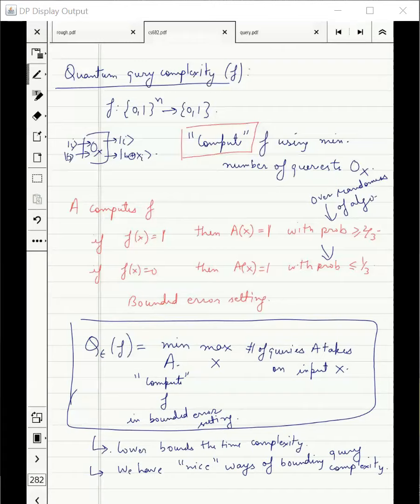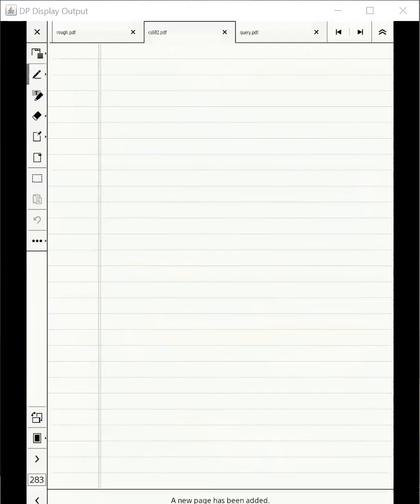It turns out that we have, when I say nice, mathematical ways, things which we can handle, and I will give you an example of that. We have lower bounding techniques which allow us to give concrete lower bounds on query complexity. In general, if you look at quantum complexity theory, most of the concrete lower bounds actually come through quantum query complexity. Sir, can you explain this min and max once again?